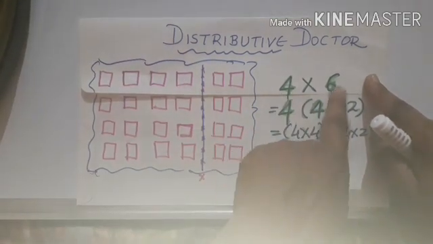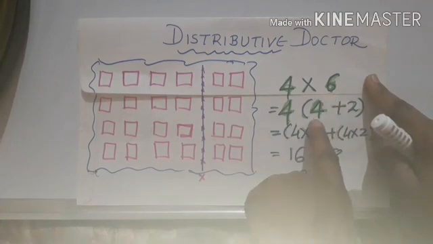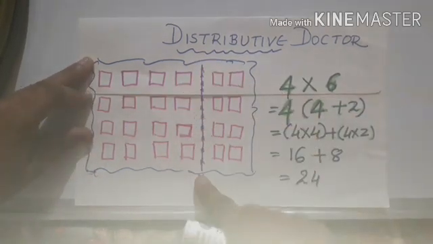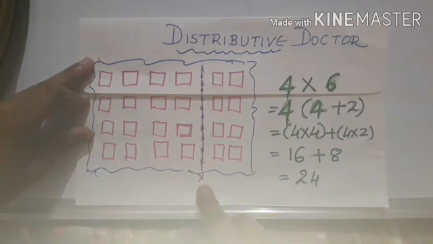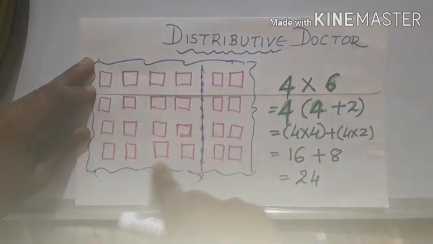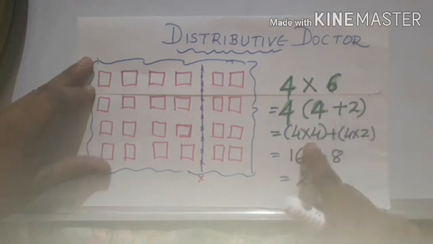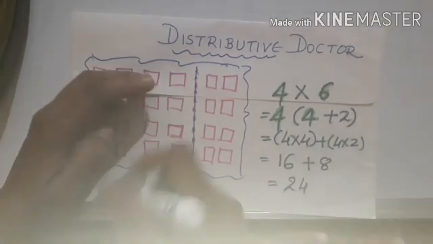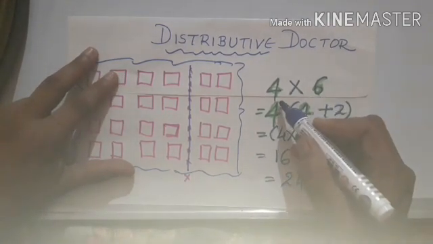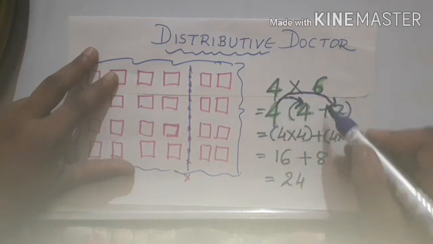See here, 4 into 6 you want to do. So 6 is broken into two parts as 4 plus 2. First of all, this is the broken part. This is the line. If you find the product of this part, it will be 4 4s are 16, and this part you will have 4 2s are 8. So 16 plus 8 is equal to 24. How to remember? It is multiplied with the first term also and the second term also.